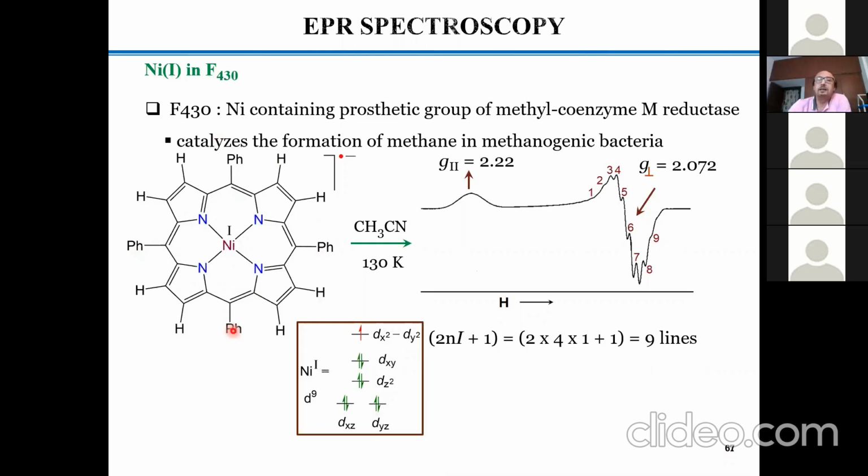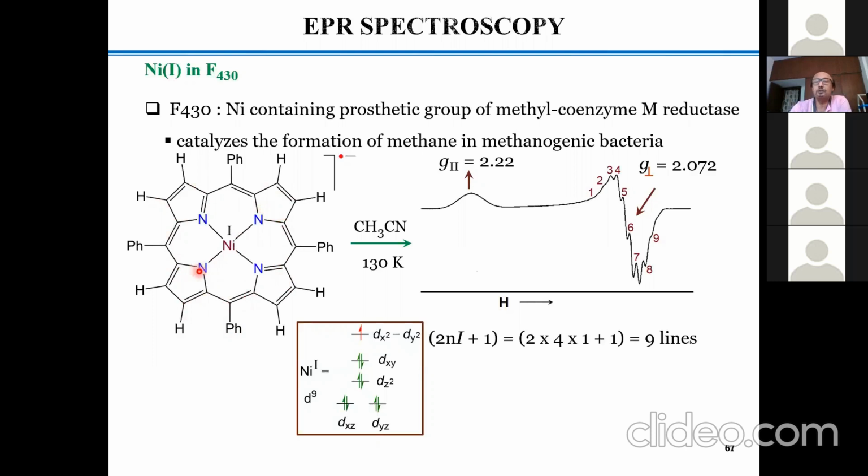Anybody can make it in the normal laboratory. I think in one of the lab programs here, 432, I have forgotten, at the fourth year level. This synthesis we do in our lab program for the MSc students. Now, this is a heavily symmetric molecule. One could expect that X, Y would be identical.